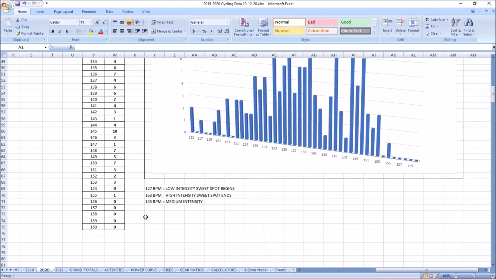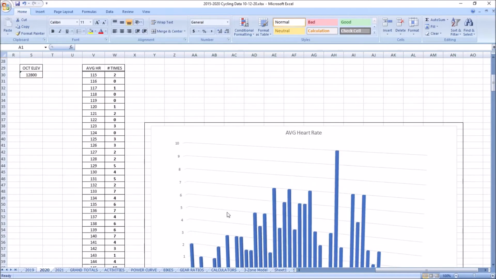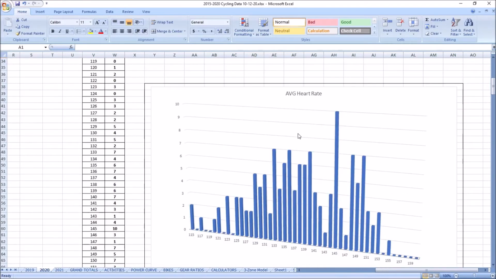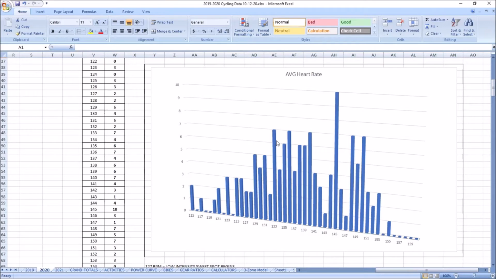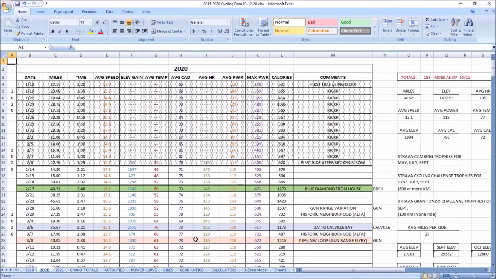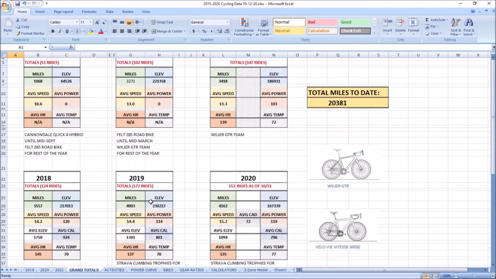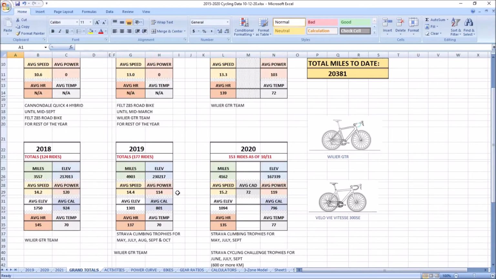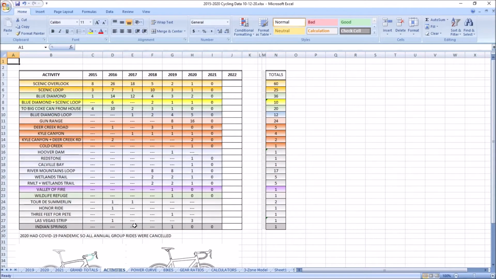And so that's another cool thing you can do with spreadsheets. You can have it count how many times you've been at what average heart rate, put it into a graph, and then you can very easily see where you spend most of your time as far as heart rate, when you're riding the bike. Another cool thing you can do, like I've shown earlier on the previous video, you can see how many miles you've ridden each year and what your average speed was and all that sort of thing. I've talked about the activities